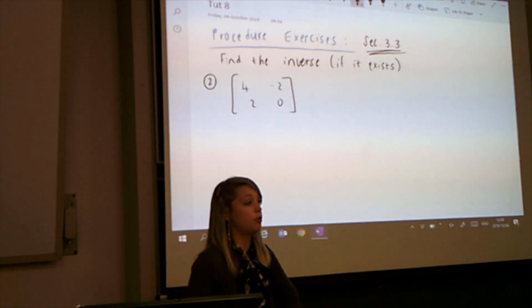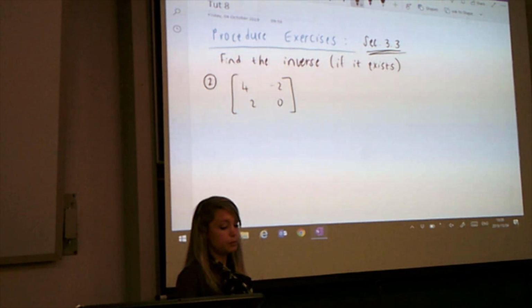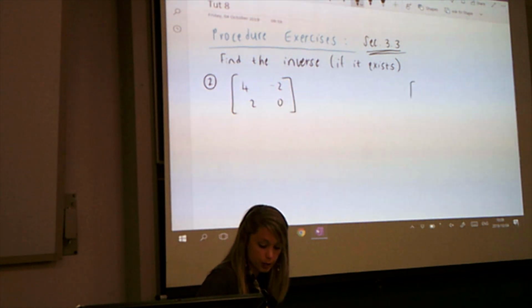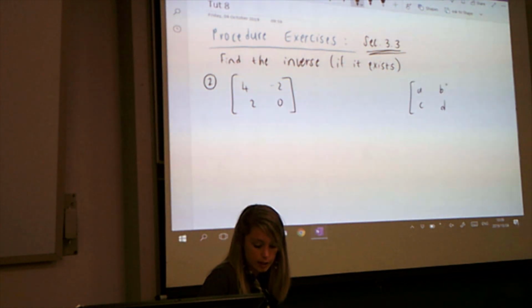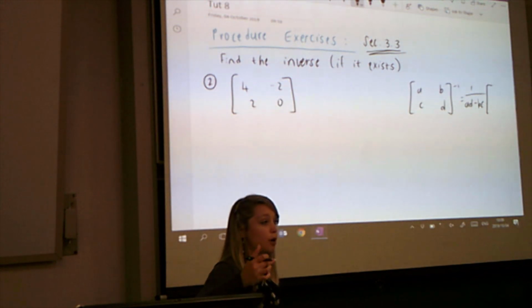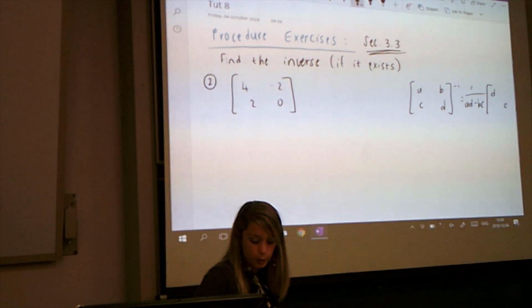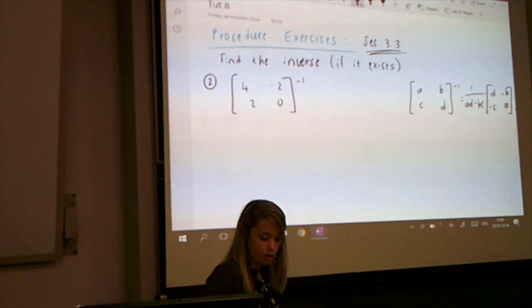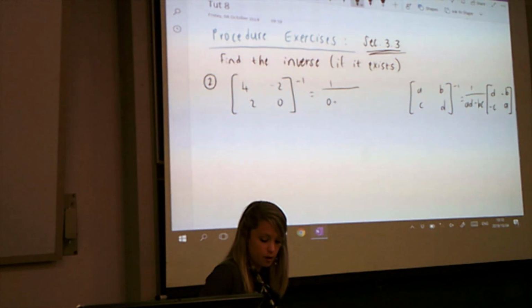So this is just a little bit of revision of how to find the inverse. This is a nice and easy one because it's 2 by 2, and in general when we have a 2 by 2 matrix A, B, C, D, the inverse of that matrix is going to be 1 over AD minus BC, and then we are going to switch around our A and D, and we are going to change the signs of C and B. So for this matrix, the inverse is going to be 1 over 4 times 0, so it's 0, minus 2 times 2,